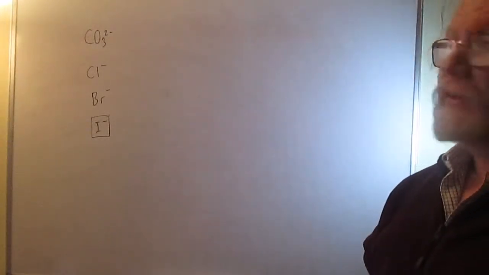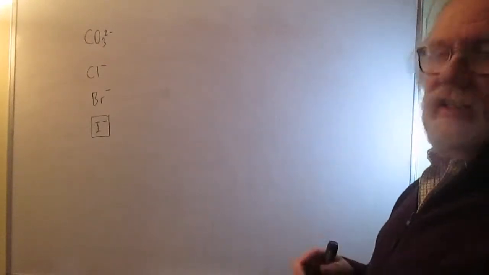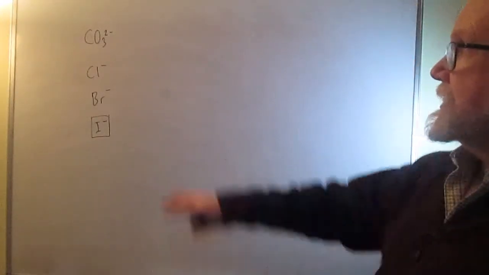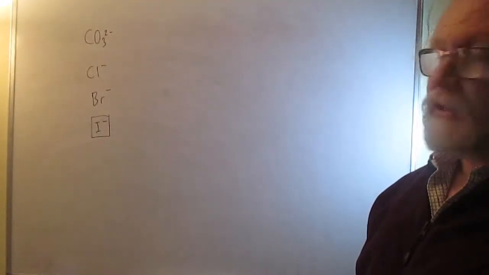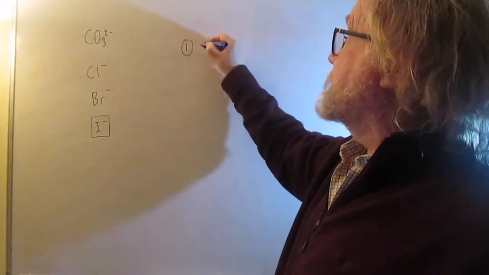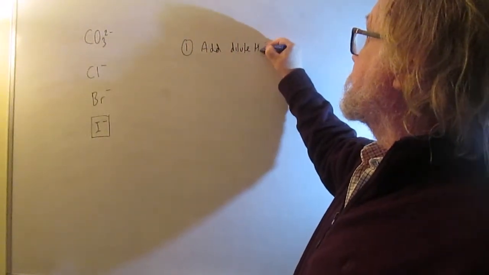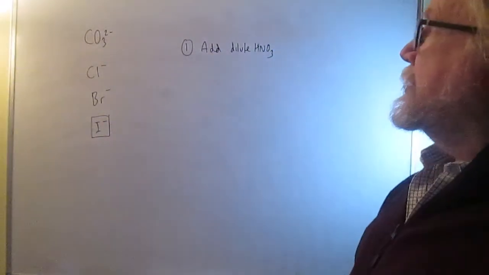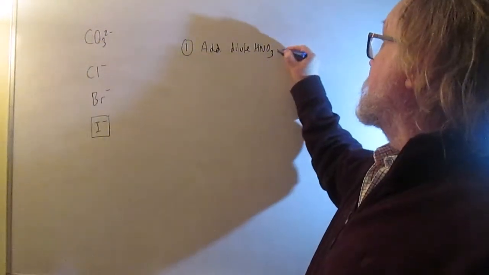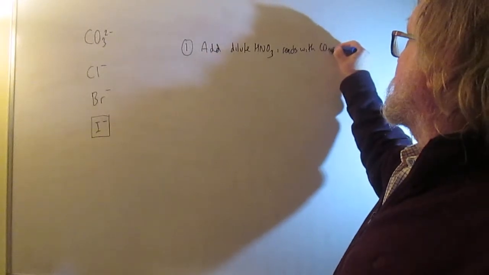Just like you do in the tests, remember you use nitric acid, barium nitrate, because nitrate is an ion that loves being in solution, so it doesn't tend to precipitate out, and precipitation is what we're going to use to get these ones. So if we first of all add dilute nitric acid, because you know that that will react with these and it will leave those ones alone, so you say that it reacts with carbonate,